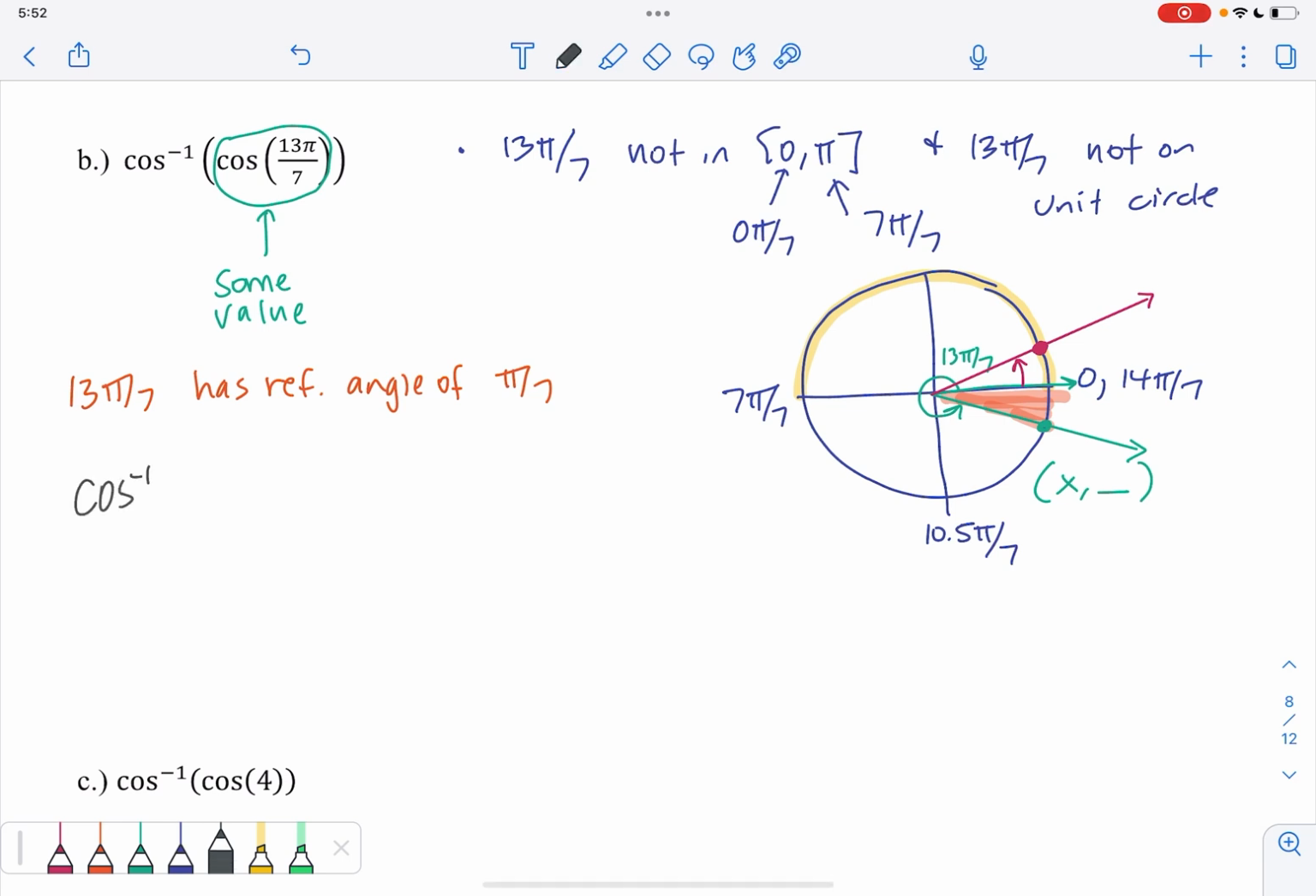So cosine inverse of cosine of 13 pi over 7 is just equal to pi over 7. So think about what we did. We said, what is cosine of 13 pi over 7? I have no idea, but it's equal to the x-coordinate on the unit circle. That is a big deal. So we say, okay, it's this x-coordinate where the terminal side of 13 pi over 7 intersects the unit circle. And then I hand it over to cosine inverse. Cosine inverse is really saying,